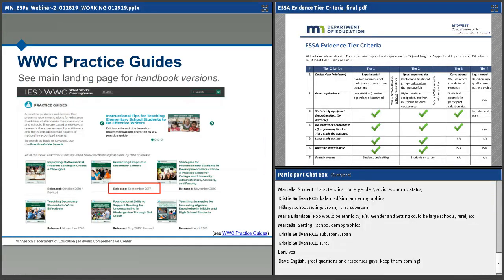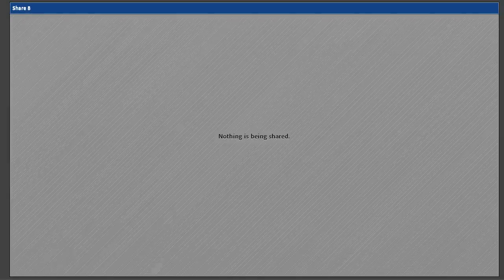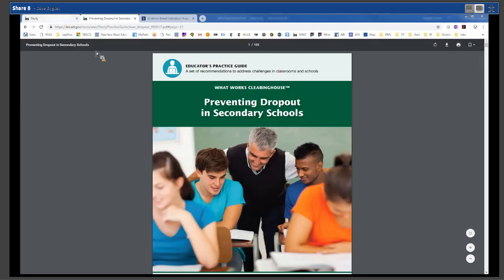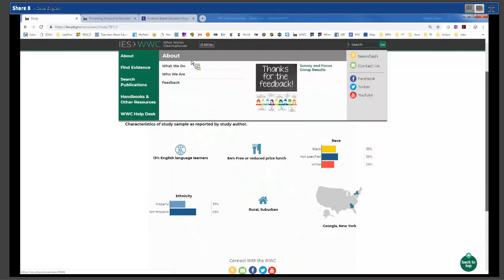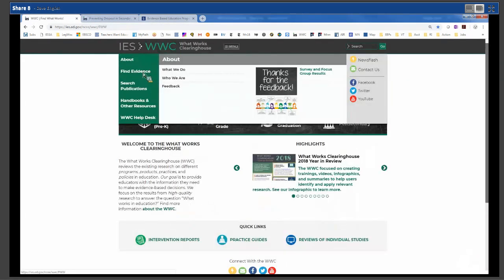The other resource in Works Clearinghouse I want to discuss real quick are the educator practice guides. We went into them in a little bit of detail, but once again, I do want to show you some aspects of them so that you can quickly determine if they are useful to you. So I'm going to share my screen once again. Second monitor, okay. All right, so